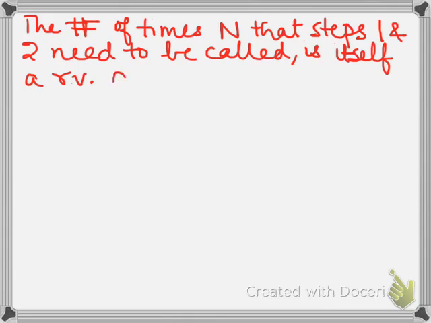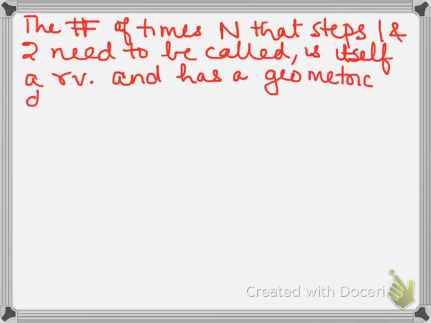And yes, some of you have probably already guessed it, it has a geometric distribution. Because you're counting the number of failures before you get the first success, right? With success probability,